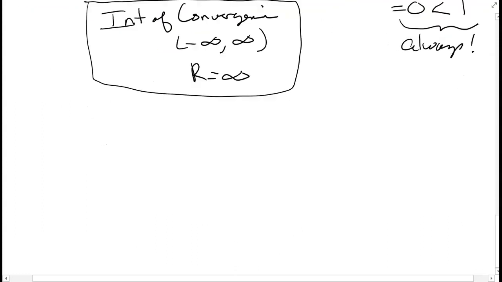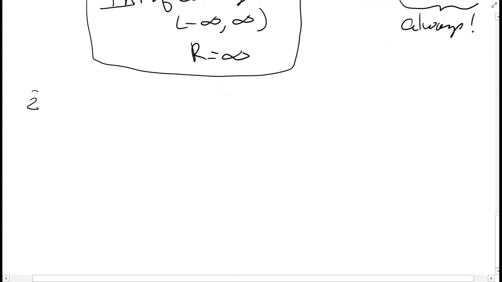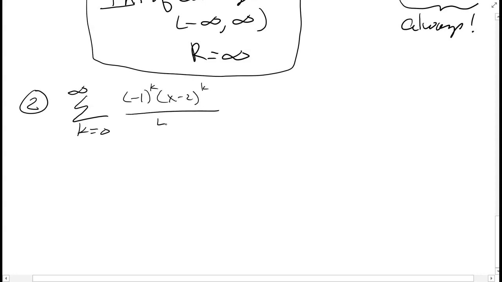All right, let's look at a second example. Number 2. So let's throw in an alternating on this one as well. It's always a little easier when there's not an alternating, but we'll put an alternating in this one. And then we have x minus 2 to the k over 4 to the k. So here we have a power series. And for this power series, we're going to check to see where it's convergent. And once again,